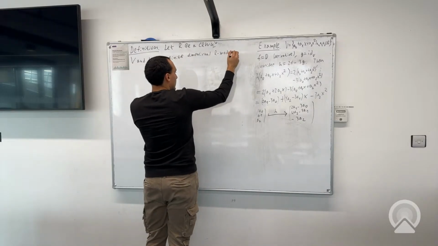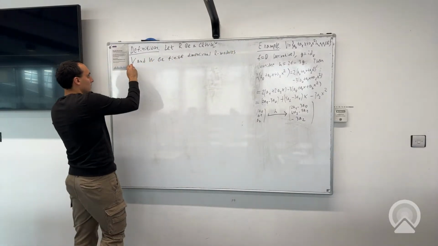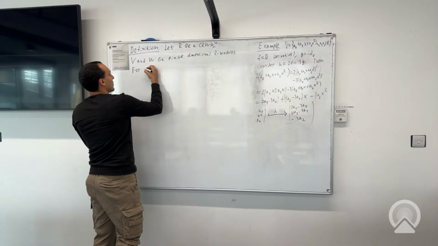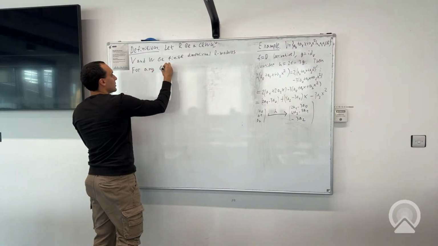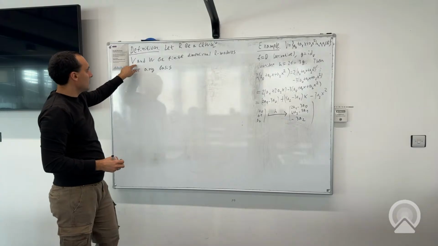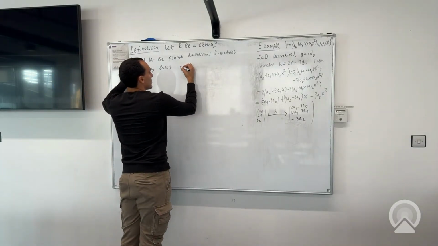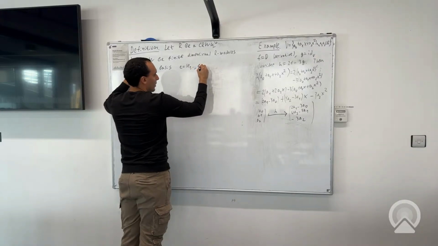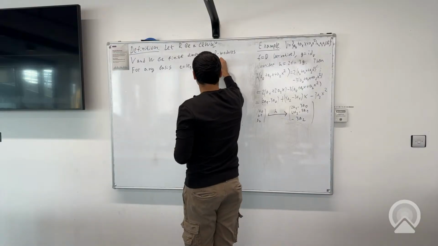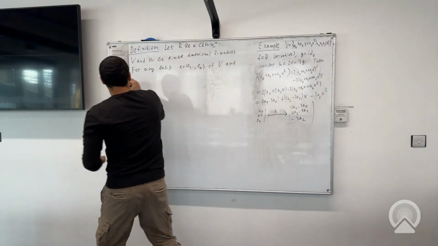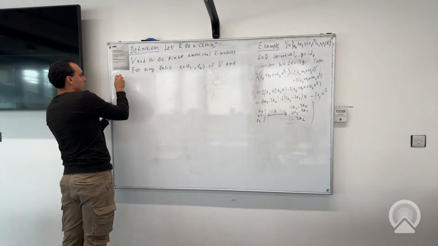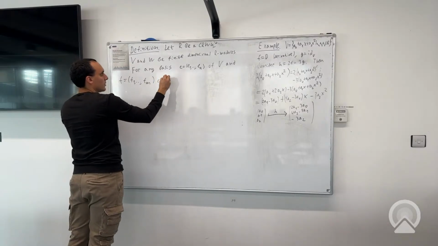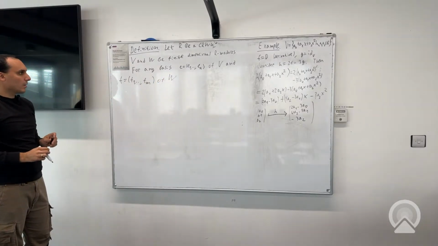Choose any basis E1 to En of V and F1 to Fm of W, and define the following